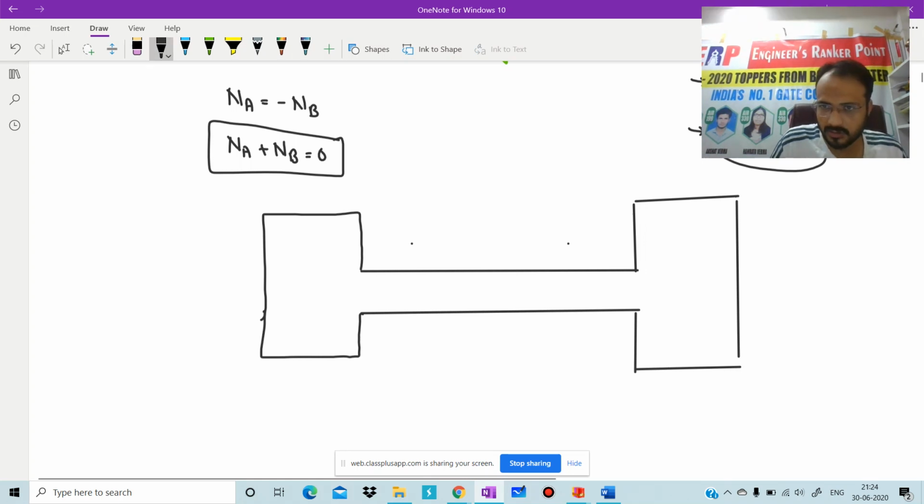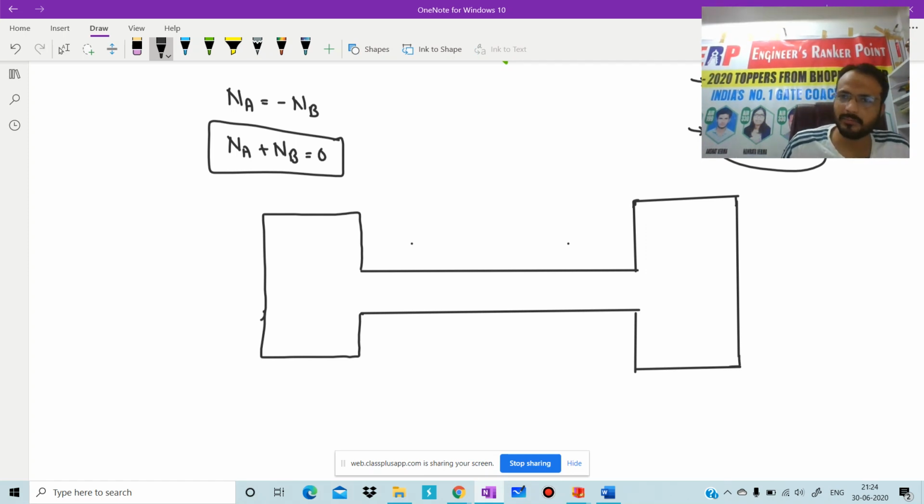Okay, we need to close, otherwise some leakage will be there. Is it clear? We have these two chambers. We are going to assume this as a reference, and this direction is Z direction. One stirrer is here and the second one is here. This point is 1, this is 2.